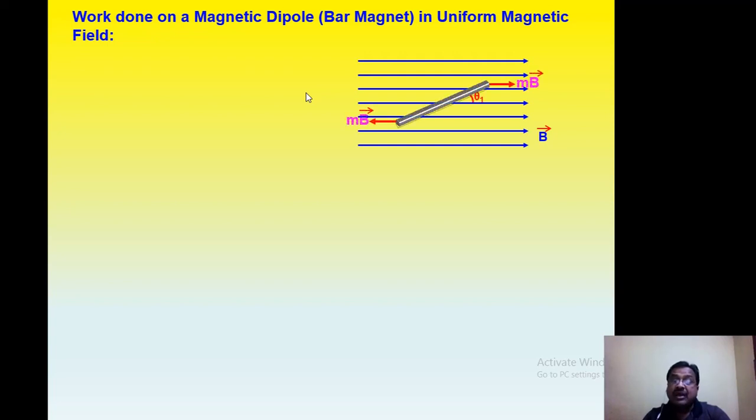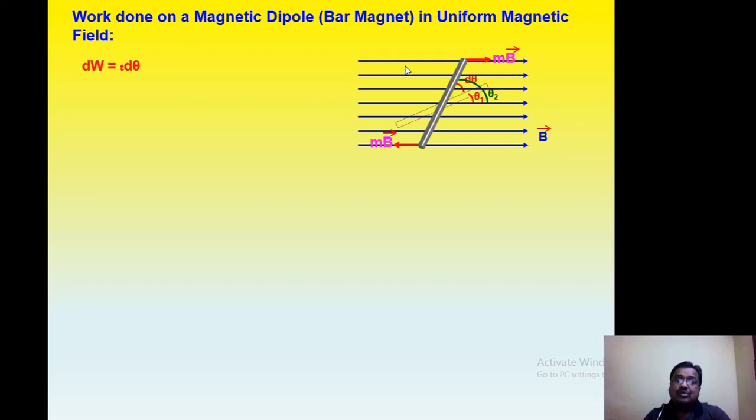Suppose this is the magnetic dipole, as is clear in the figure. You see it is inclined at a particular angle. If the dipole is rotated from angle theta 1 to theta 2, you see how it was rotated. The initial position was represented by this dotted line, inclined at an angle of theta 1 with the direction of the field. Now it shows the second position after rotation, theta 2, due to the couple constituted by the two forces mb and mb. So if it is rotated theta 2 minus theta 1, let us say it is d theta.